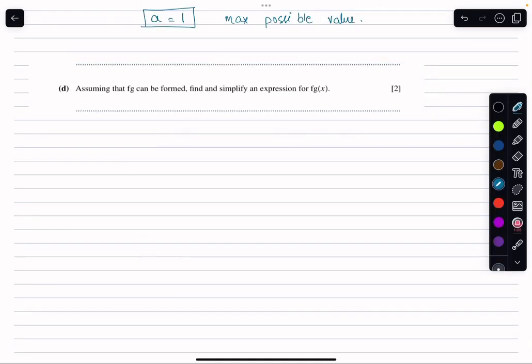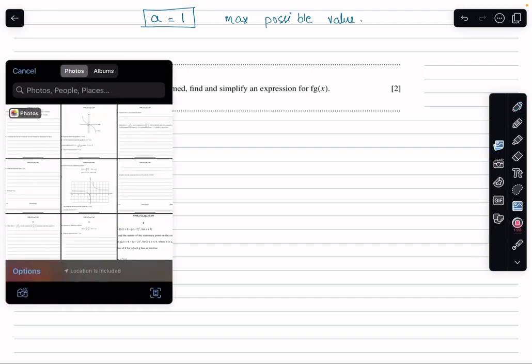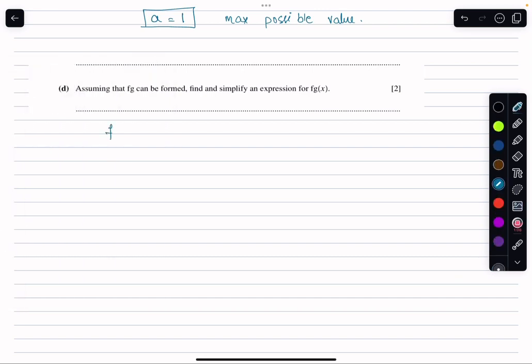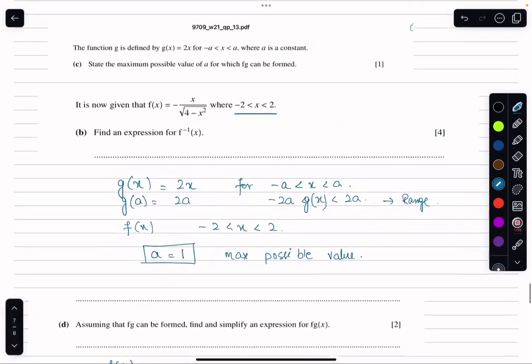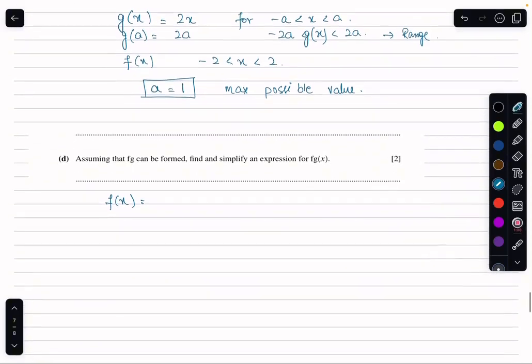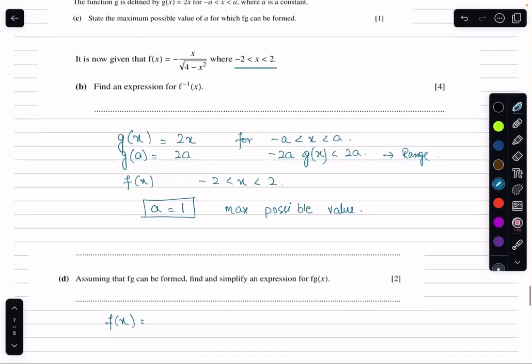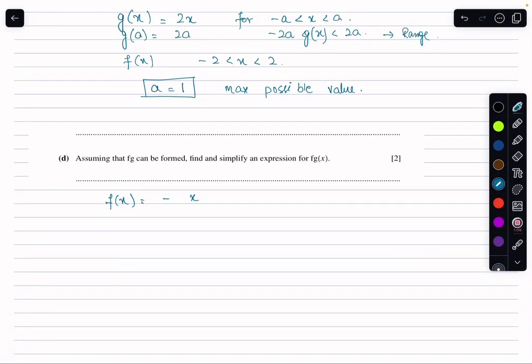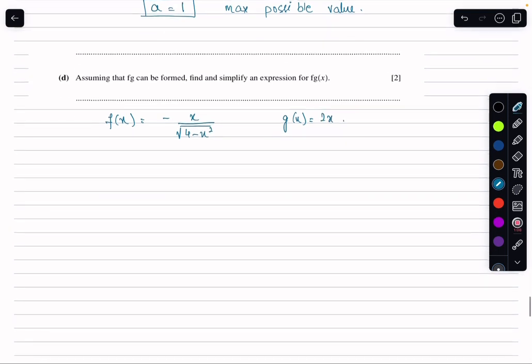Now for the last part of the question, it says, assuming that fg can be formed, find and simplify an expression for f(g(x)). So f of g, we know that the function f(x). I have to get the expression for fg(x) here. So for fg(x),